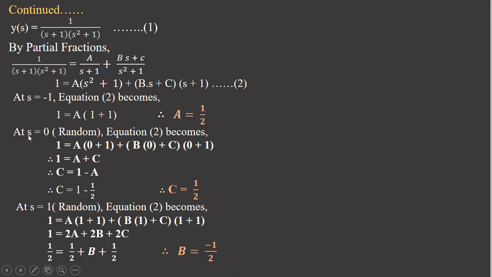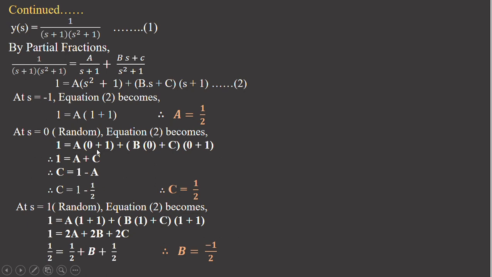So we have to now take random values. Do give preference to 0, as I have already told you. It makes your calculation easier. So when you put a random value, you have to substitute it in the whole equation. Put 0 in the whole equation. So what is the simplification? See, here it is. s is 0, s is 0, s is 0.